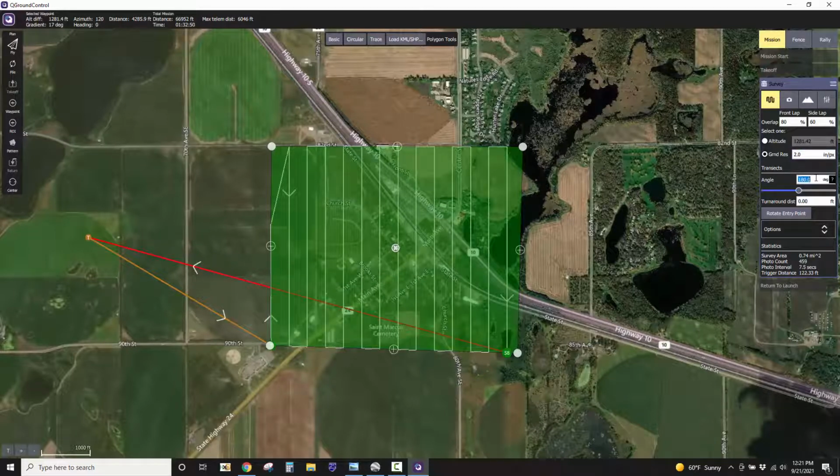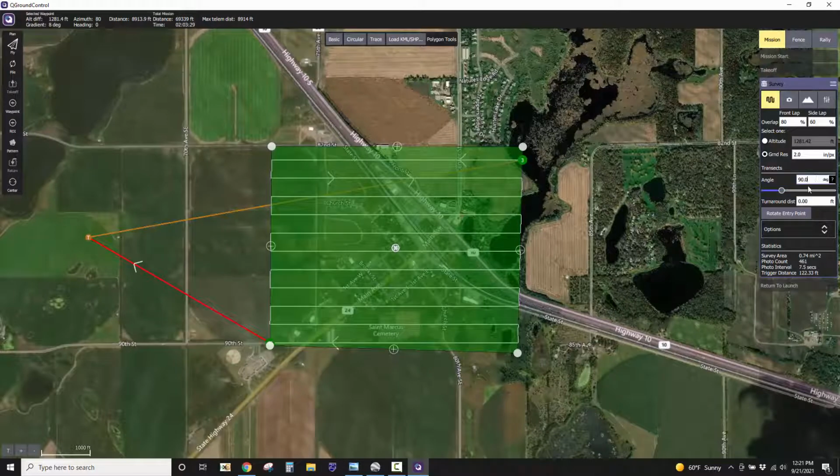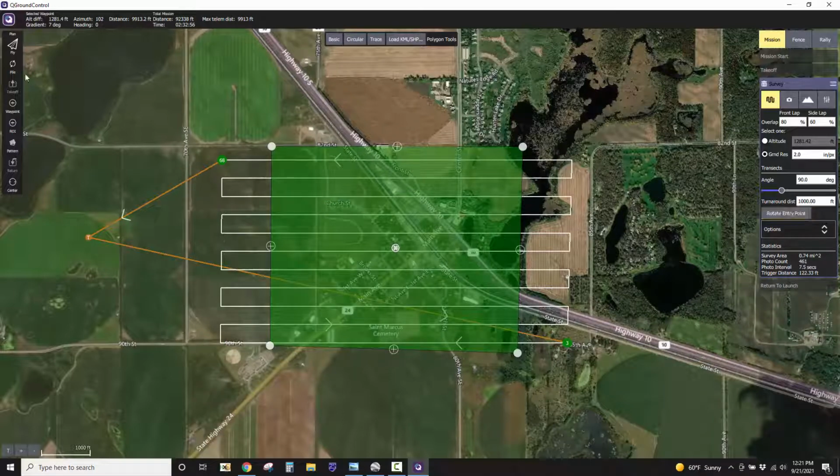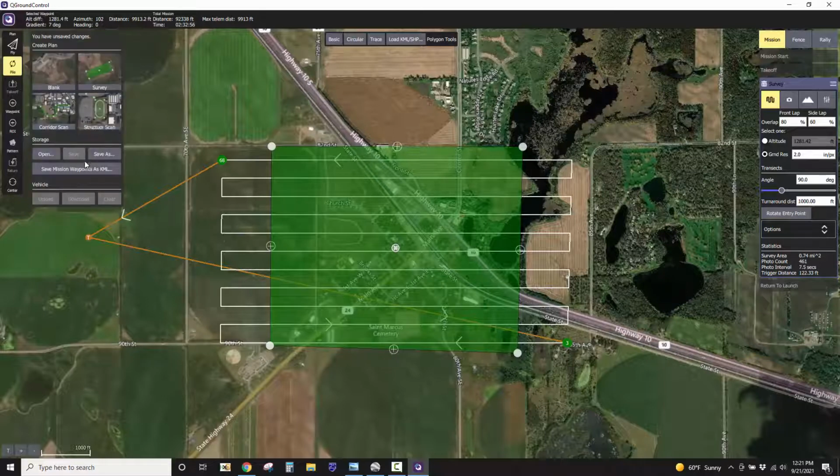We can change the mission angle if we prefer, and we can extend the flight lines outside the mission area so that we're able to line up on it better as we enter. We can also change the entry point for the mission, so we can pick which corner we want to start on. And once we're happy with this, we can go to File, Save Mission Waypoints as KML,